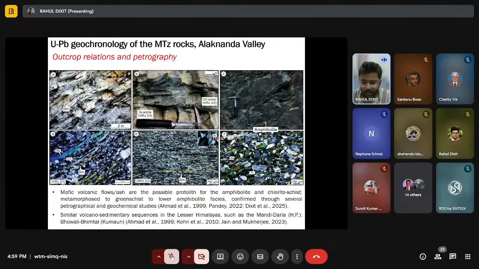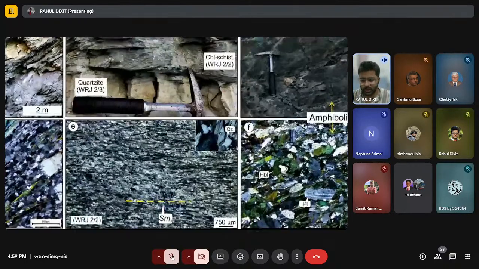And in the inset, we see very anhedral, angular, shattered quartz grains present within these chlorite flakes, within this chlorite schist. The presence of these quartz grains appears to be indicative of the presence of the